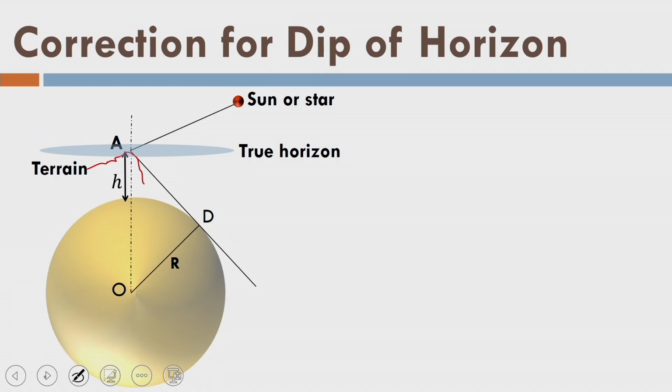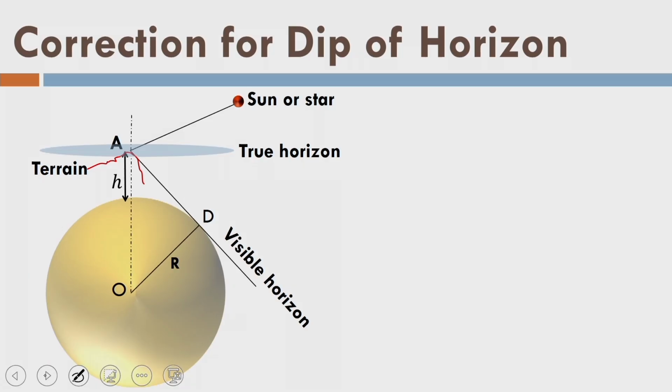So now assume that I have already made a correction for parallax and I am getting the alpha dash value, not alpha. On top of that alpha dash, I need to understand that the location of the observer is situated at height h above MSL. He has a different horizon, right? He will look towards point D as a visible horizon. That is called the visible horizon because it is our tendency to look around, and obviously from point A we are finding a point which is lying at the horizon, but that is lower than point A. If I extend the line of sight, you will find there is a point on the visible horizon, and this is the point D.